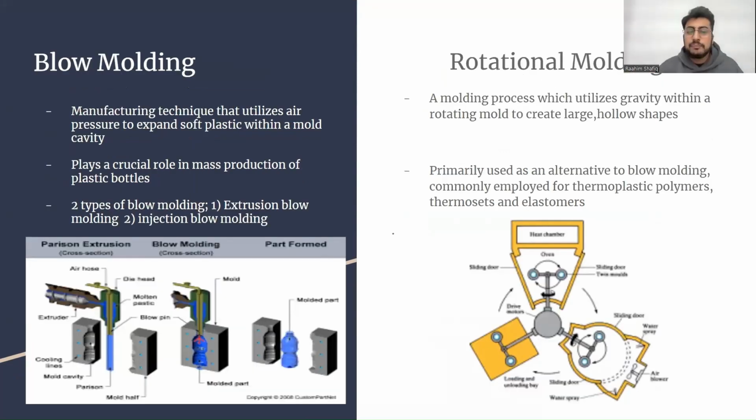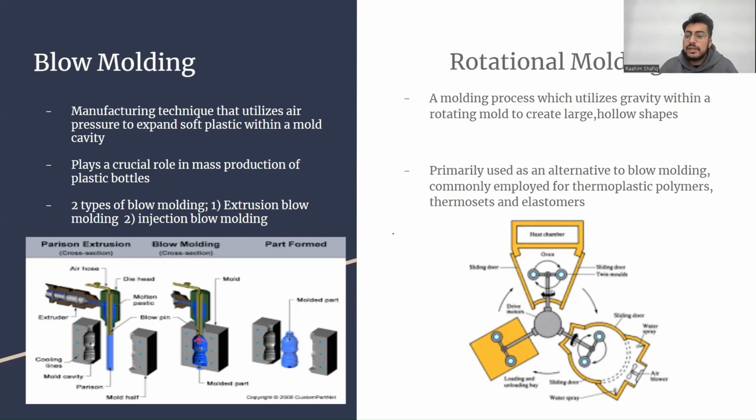I'll be talking about blow molding and rotational molding. Blow molding is a manufacturing technique that utilizes air pressure to expand soft plastics within a mold cavity. It is primarily employed for creating single-piece hollow plastic components, and it is mostly used for mass production in the beverage industry. Secondly, rotational molding